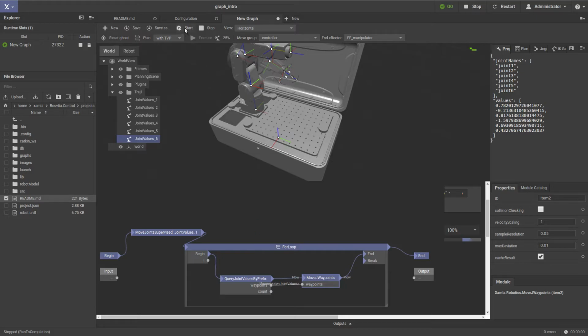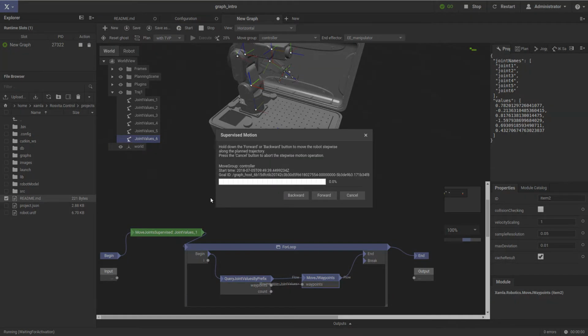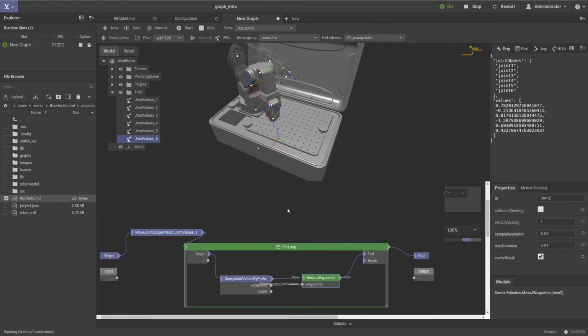Now I hit start. What I'll see first is the supervised motion dialog, which asks me to confirm manually the motion of the robot. I can do this by holding down the forward button. As I release the button, the robot stops. I can also go backward to see the trajectory. If I keep holding, the robot will move to the final destination position, and then the remaining graph will start,